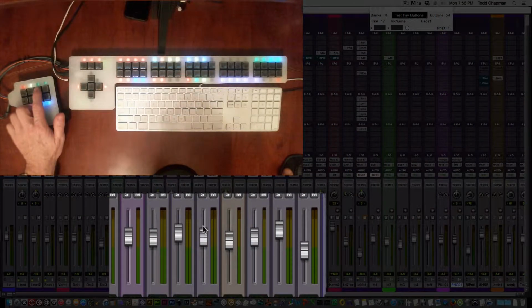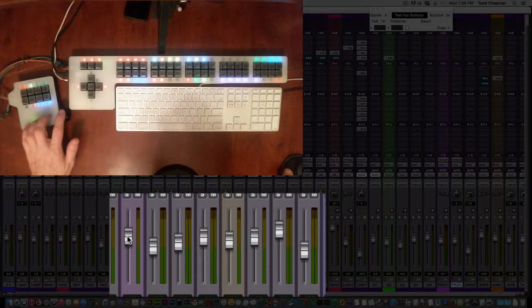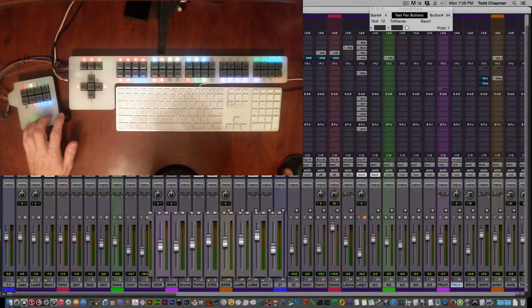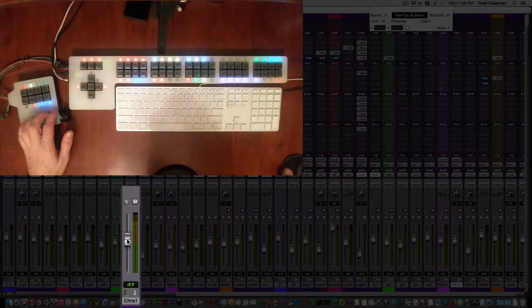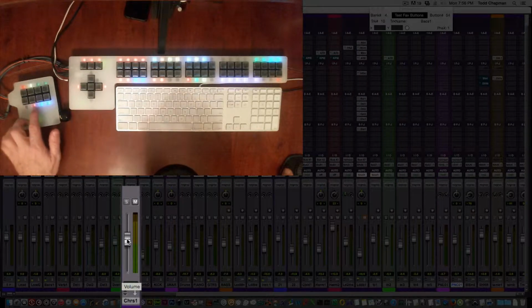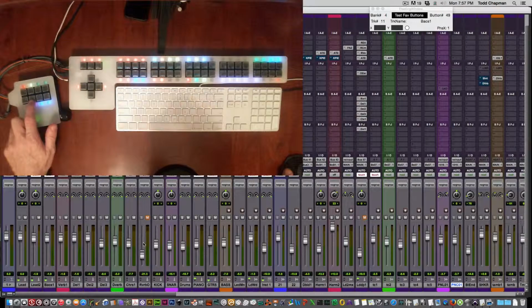Okay, here's an example of using a button to move to the next track to the right and a button to move to the next track to the left. So if you wanted to quickly and easily move from one track to the next without having to use your mouse, this is an easy way to do it. Likewise, whatever track you're on, you can have a button assigned to mute that track or to solo that track. So if we're on this track, we could mute it,